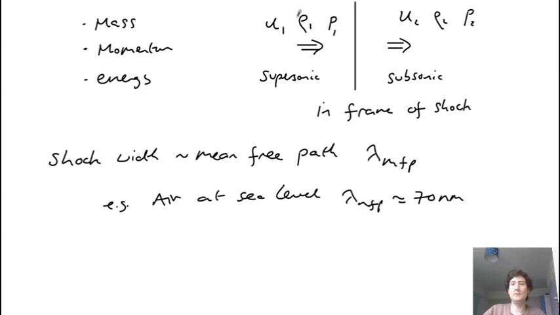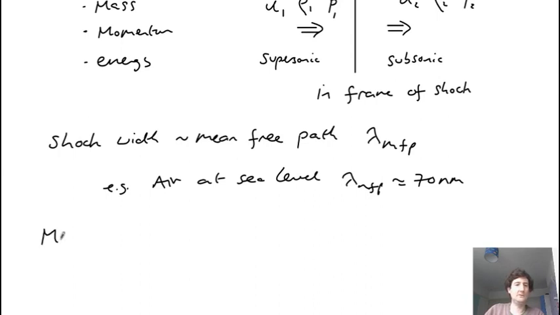So now we're going to go through the three different conservation laws, so mass, momentum, and energy, and apply them to these equations. So how does U1, rho 1, and P1 determine U2, rho 2, and P2 as you go through the shock? Well, the easiest one is the mass,